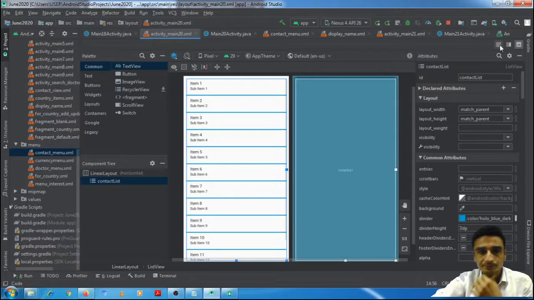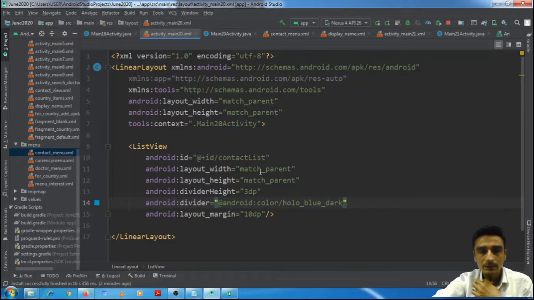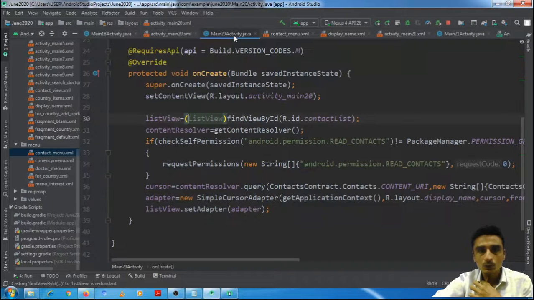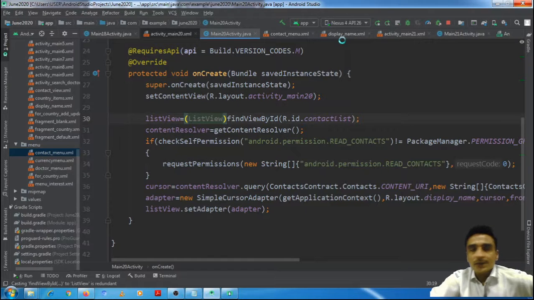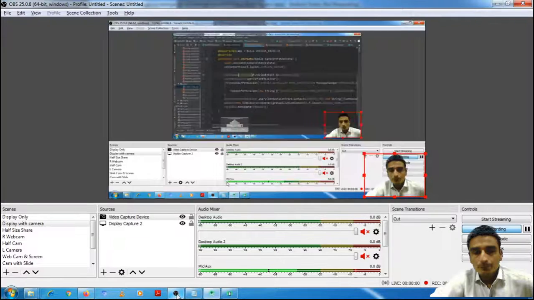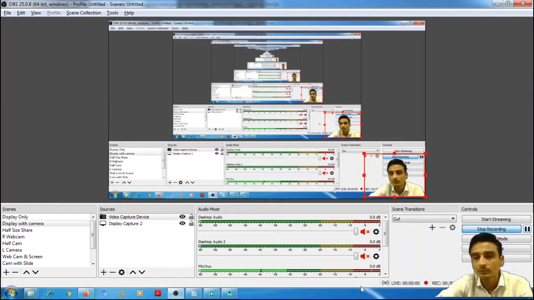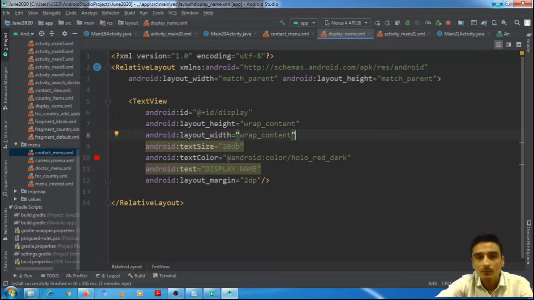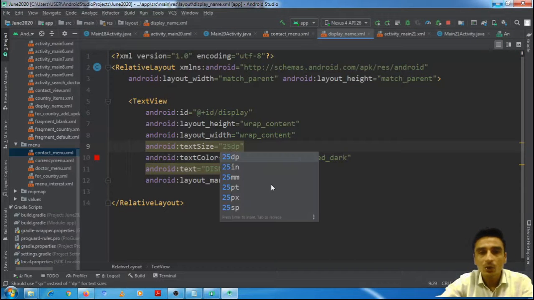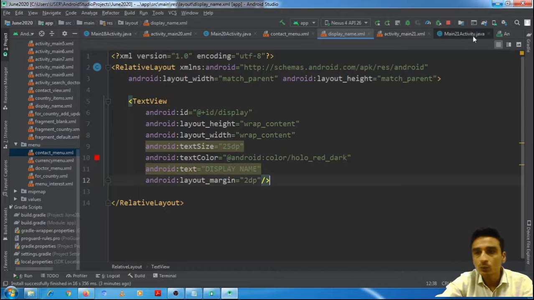And the text view, where is that text view? Here. We should increase the size of fonts in that text view, 25 dp.